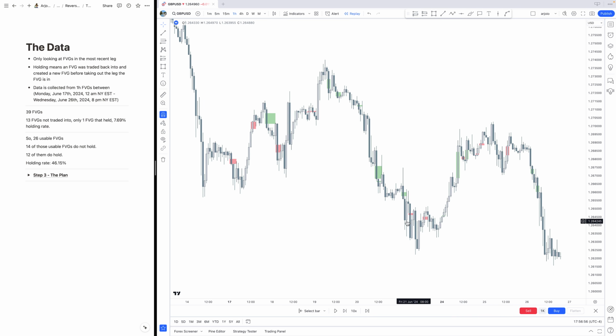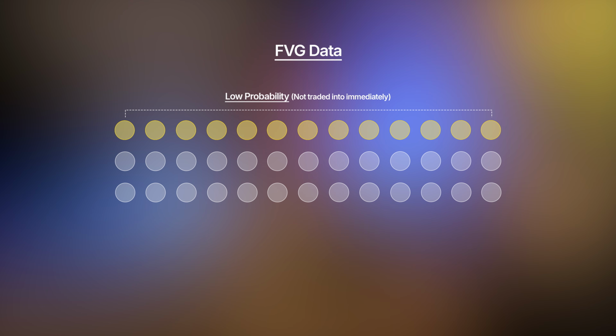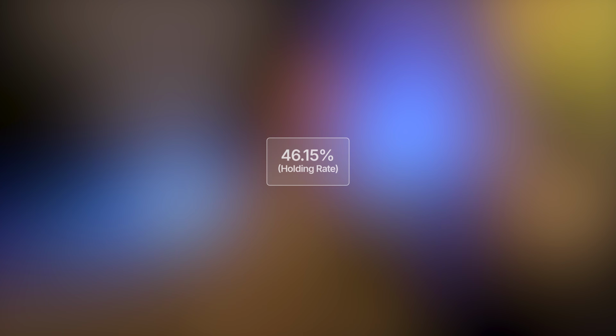And those 26 fair value gaps that are left are always in the most recent leg. Then on TradingView, we see the 26 usable fair value gaps that are in the most recent legs. Off of those 26 usable fair value gaps, we have 14 fair value gaps that did not hold, and we have 12 fair value gaps, the green ones, that did hold. This creates already a holding rate of